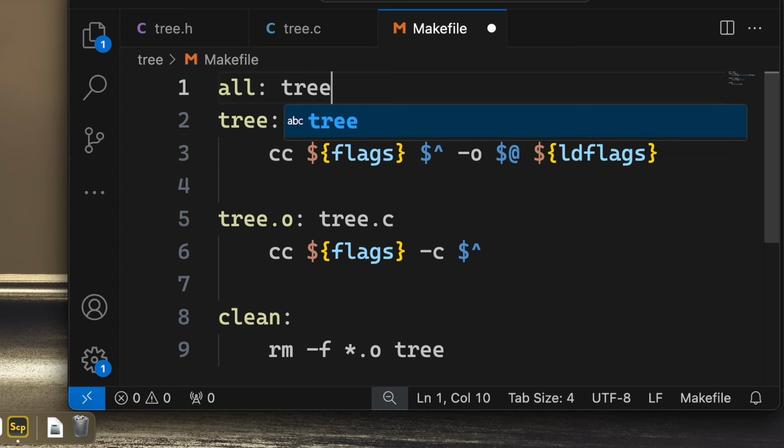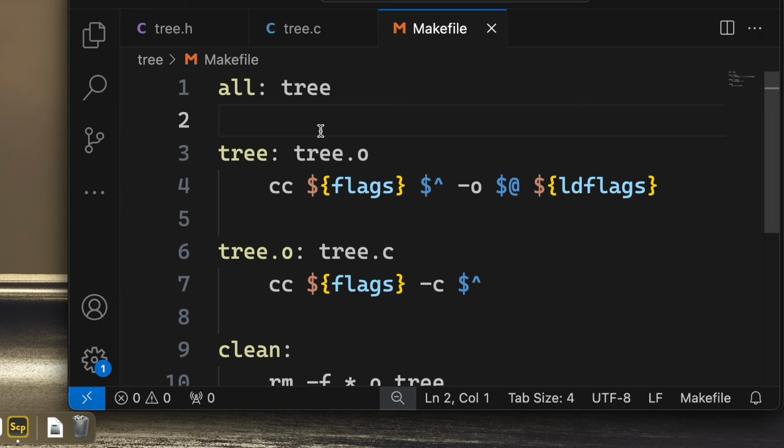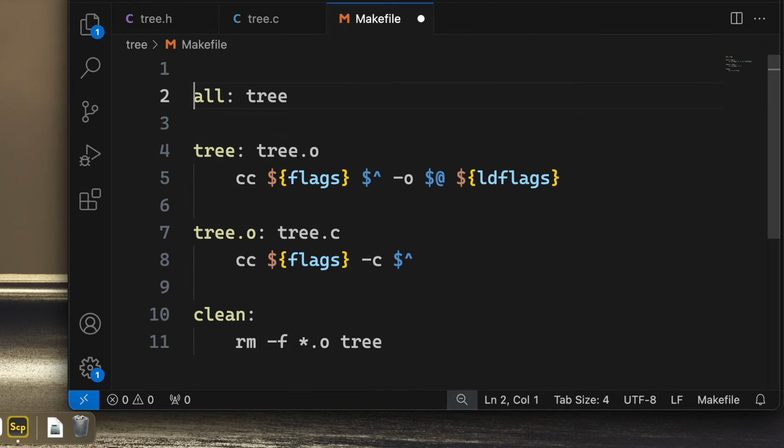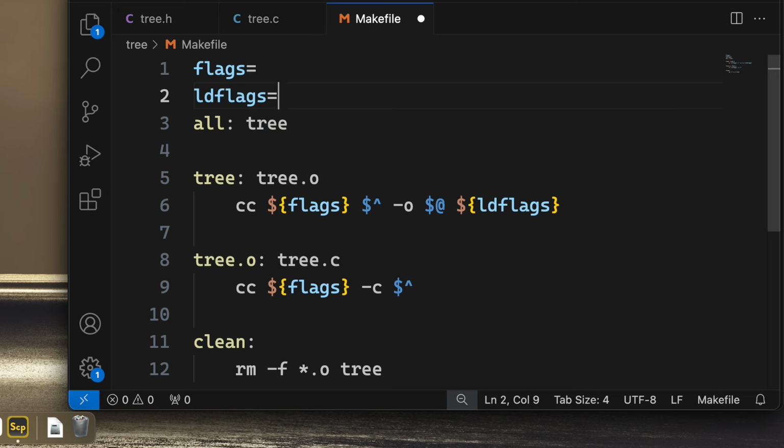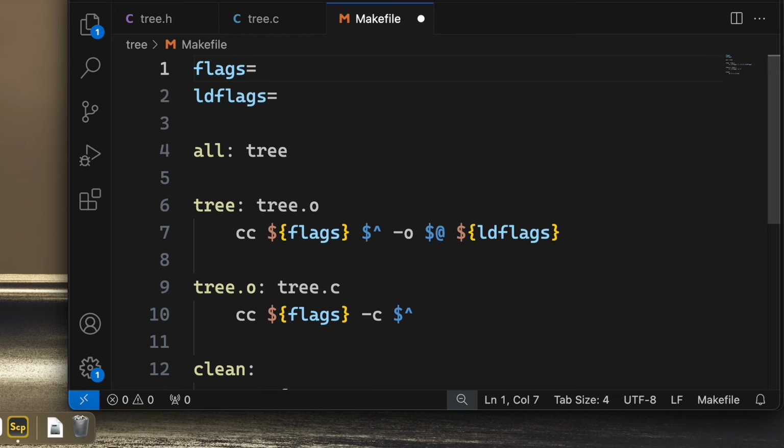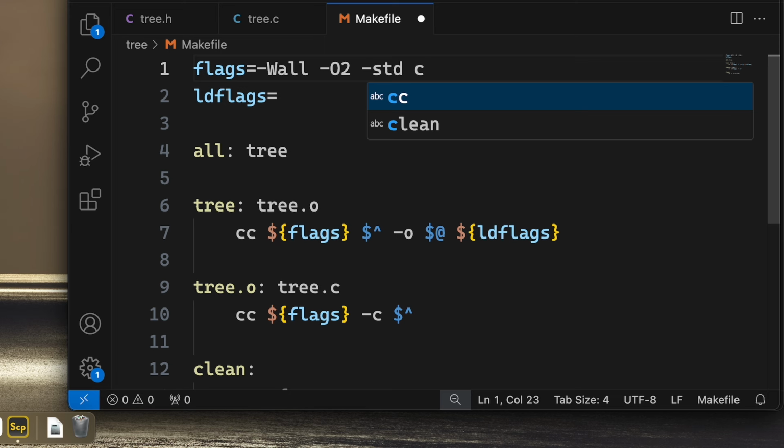Okay, so that's most of the makefile done. And I will just create those variables. So we have flags and we have LD flags. I will leave LD flags empty for now, but I want to compile this using -Wall, and let's do -O2 for optimization. And let's also define the standard to be C23 or C2X,